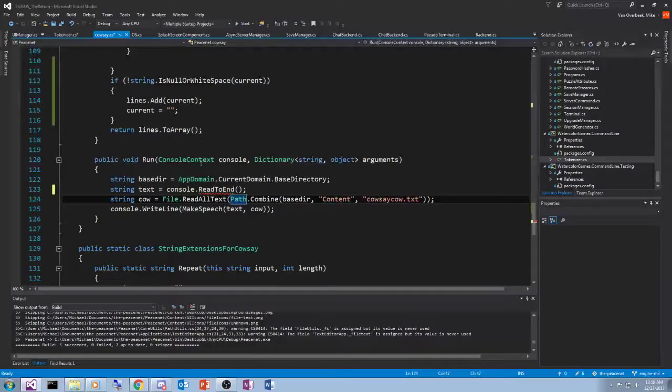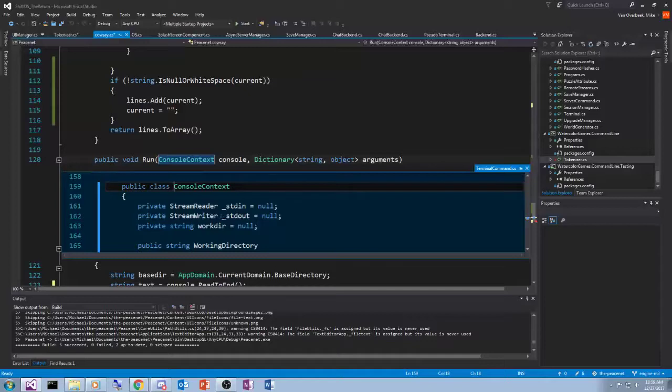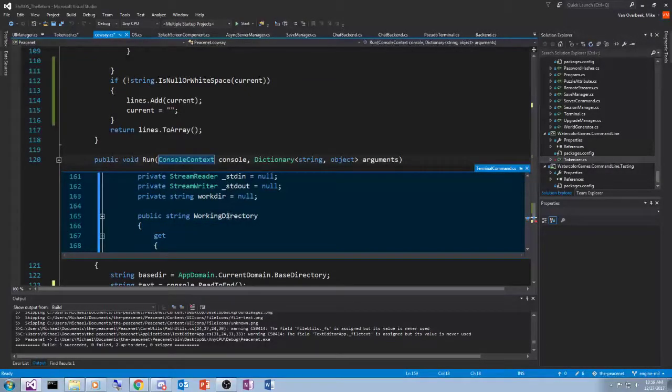So in Console context, we will right click and hit peek definition, and we can see the code for it. All we need for ReadToEnd is a simple wrapper method, public string ReadToEnd, which returns standardIn.ReadToEnd. That's all we need for that. And then if we run the game,